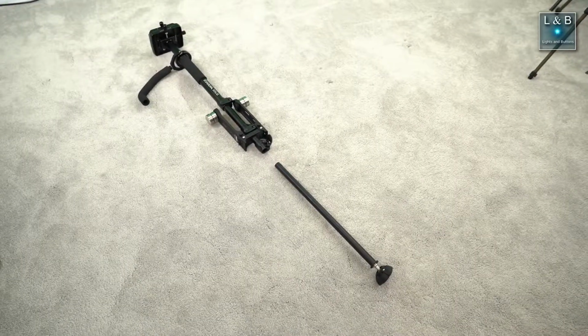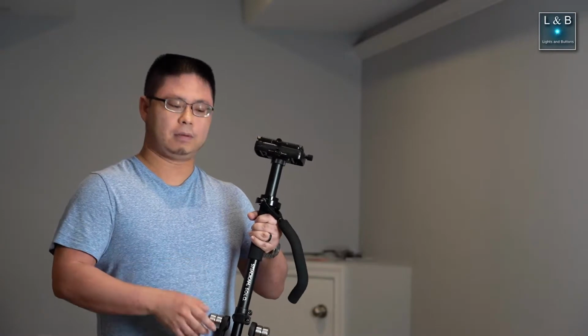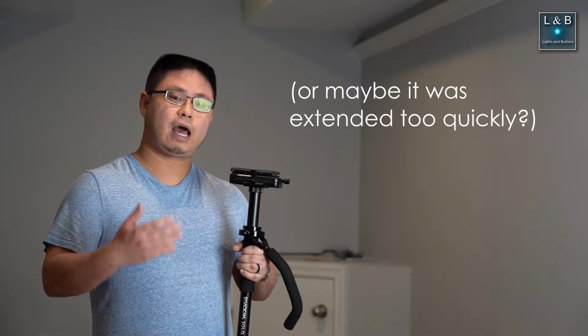Another thing that can happen is that the leg can fall off along with a couple of plastic pieces. Those plastic pieces are in charge of keeping the leg from overextending, and that can fail over time. So my guess is that maybe over time something gets misaligned, and then those plastic pieces kind of fall out along with the leg. When that happens, be sure you pick up those plastic pieces, because those are key